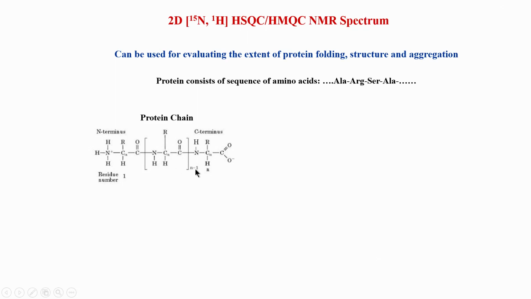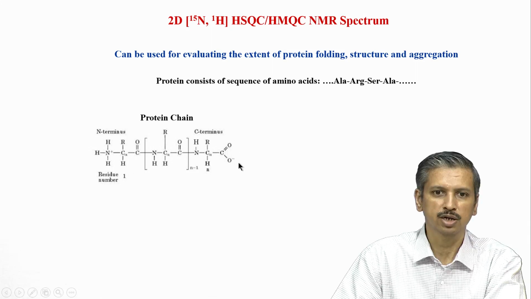As written here, suppose you have n amino acids, I can write it as 1 for the first amino acid, n minus 1, and the last is the nth amino acid. Now, this is the terminal COO minus carboxylate group. Again, we know this is the last amino acid in the chain. So, it also has NH, but here it has COO minus. Now, if I do an experiment called N15 proton HSQC.